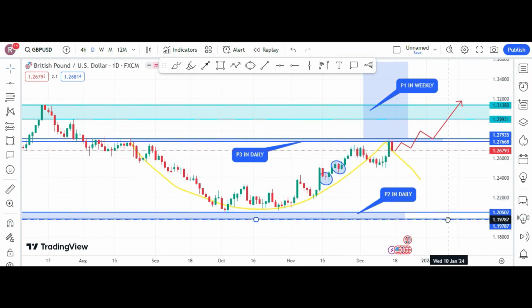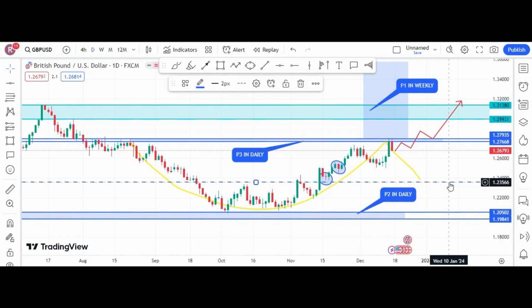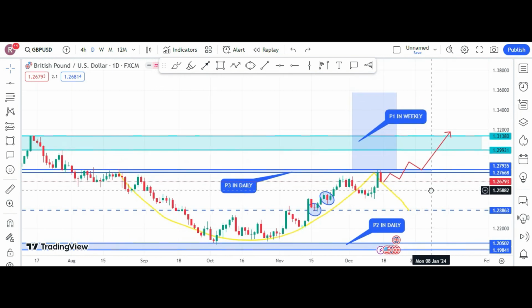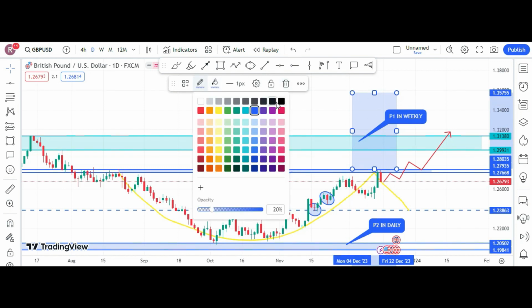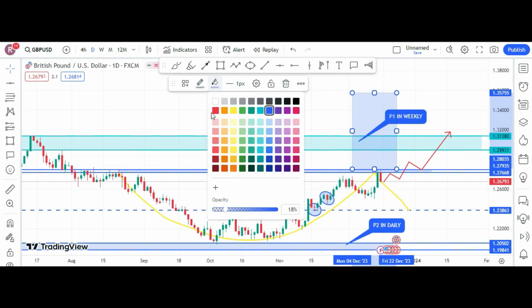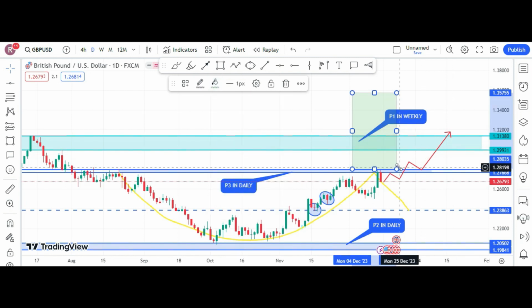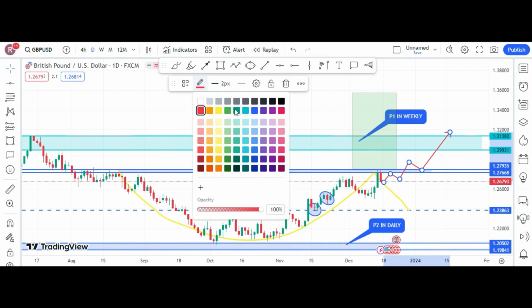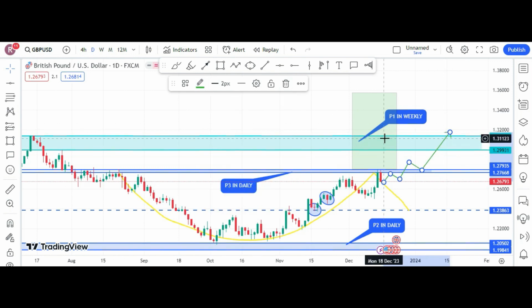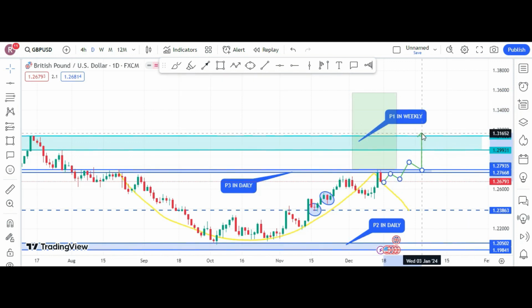Okay, sorry, I don't need to move. Yes, so this is the thing that can happen if the price is successfully able to move on the upside. And I must make it green, not red, and it will at least move 50% of it. So initially I will target this 50% somewhere here, breaking this weekly